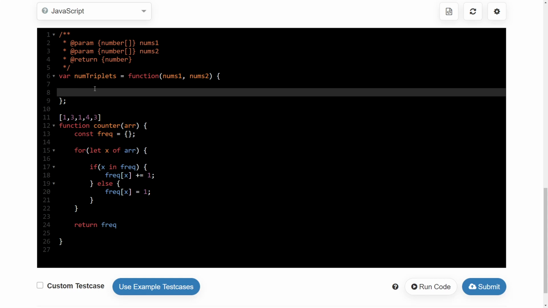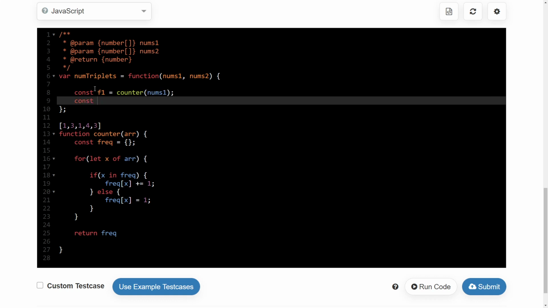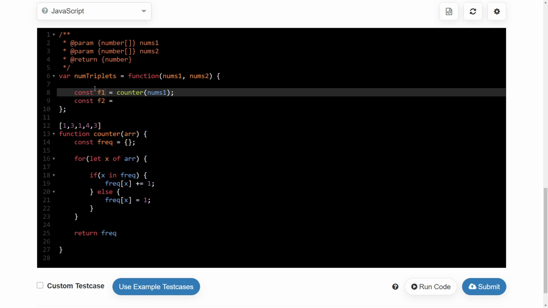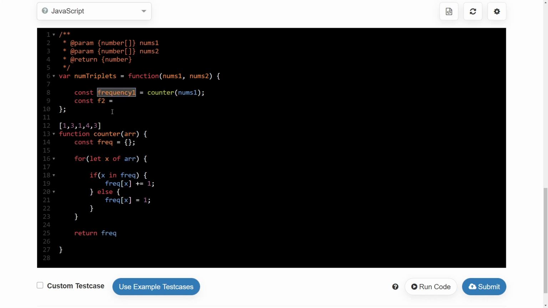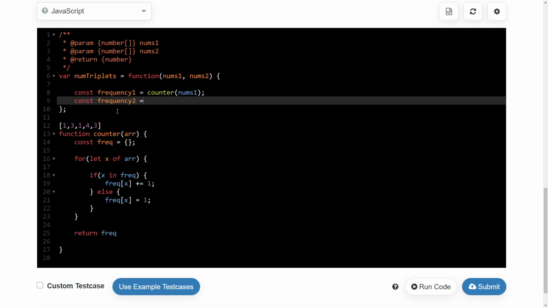So let's call this f1. f1 will be Counter for nums1, and f2 will be Counter for nums2.